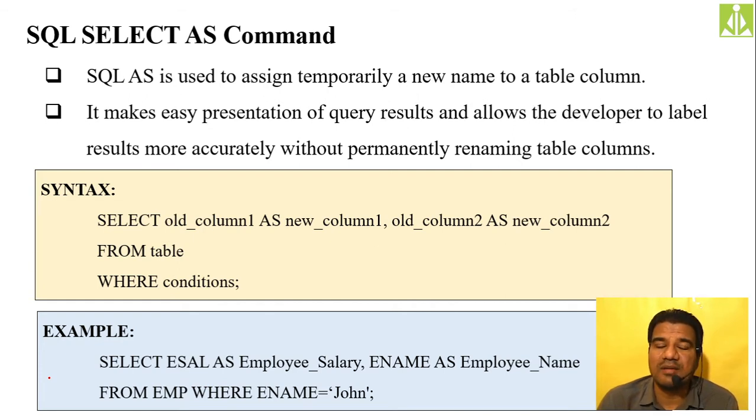So if you have a database, in that database all your columns will be named however you choose. Like ename, I have taken it because it is understandable to me. Ename means employee name. But if a third party sees that ename, what will he understand? E can be anything over there, isn't it? Like esal, eid I have written. So all those things we have permanently stored in the database for our easiness.